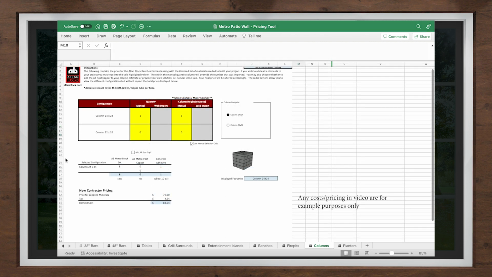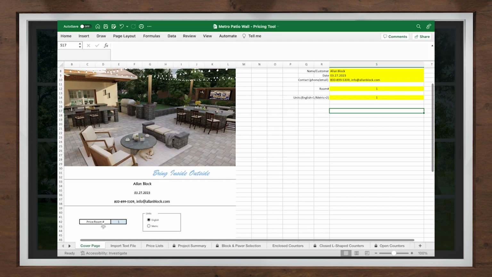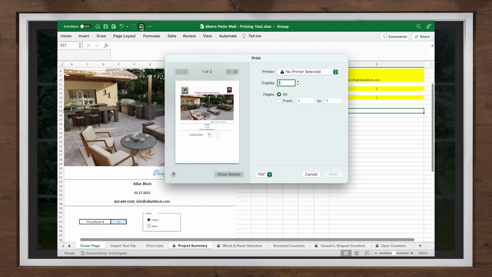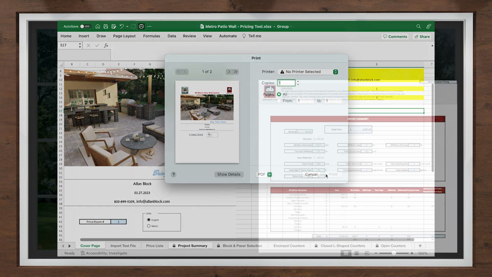I am now done and ready to print. I'm going back to the cover page to ensure my information is correct, and now I will print it. To do that, I will select the cover page and the project summary page. Go to print, print selection only. That will print out only those 2 pages, and I will have a professional output of my cost and estimate